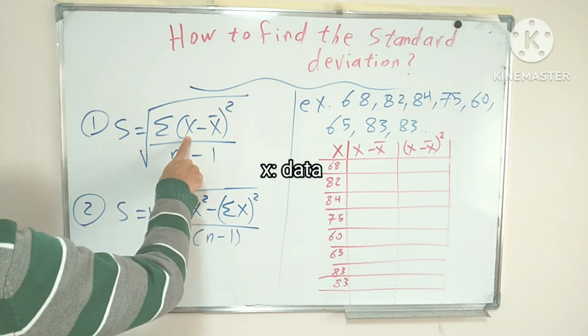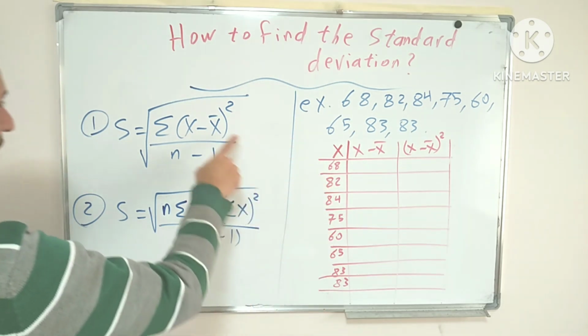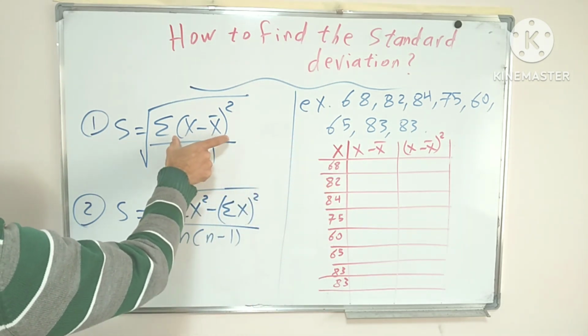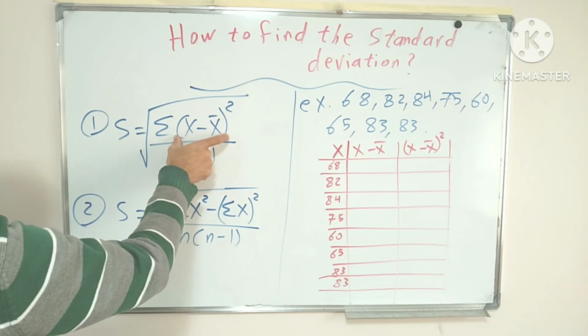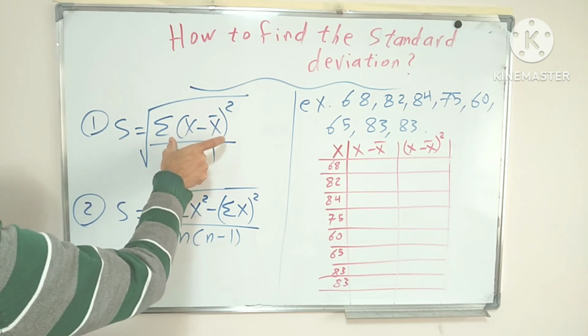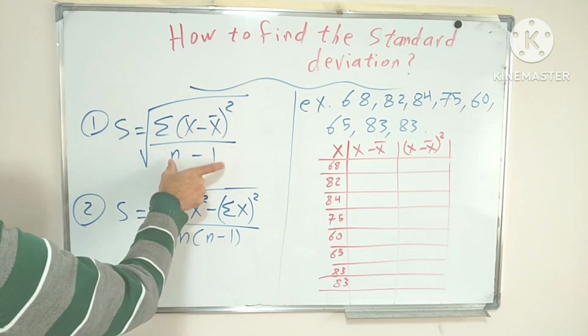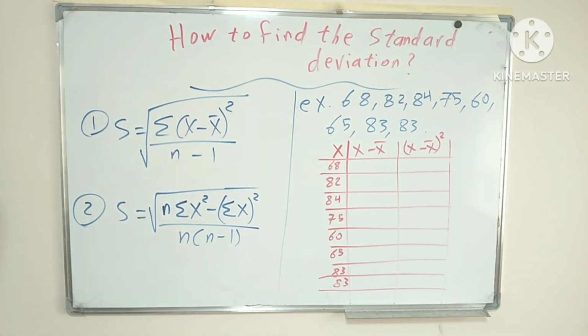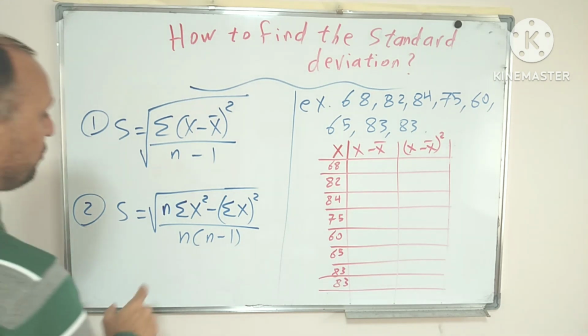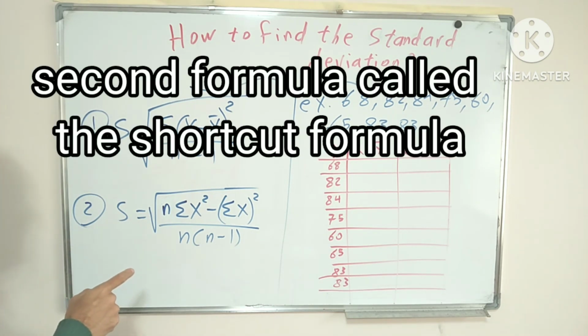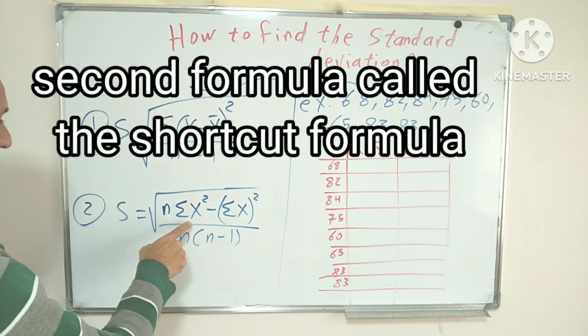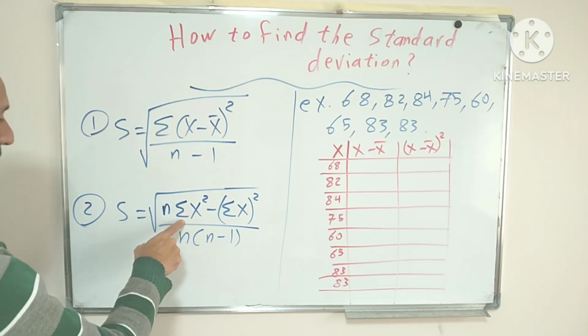X represents the data itself. X bar is the mean. So this summation of the squared difference between the data and its mean, we have to find it first, then divide by n minus 1. While in the second formula, we square the data itself and find the summation of it,